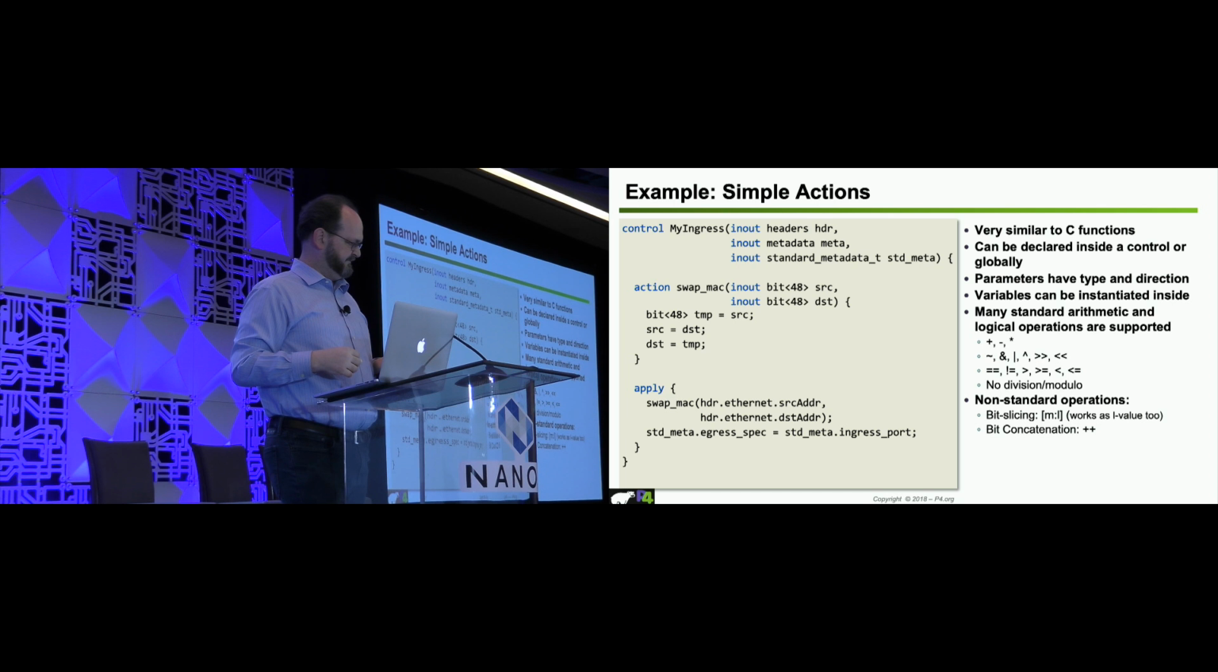Let's see. Yeah, parameters can have types in it. So there's types, the directions are in, out, in, out. We'll see an example where there's no direction there in the next slide soon. Assignment statements have some of the operators you're used to from C and C++ and Java, like addition, subtraction, bitwise,